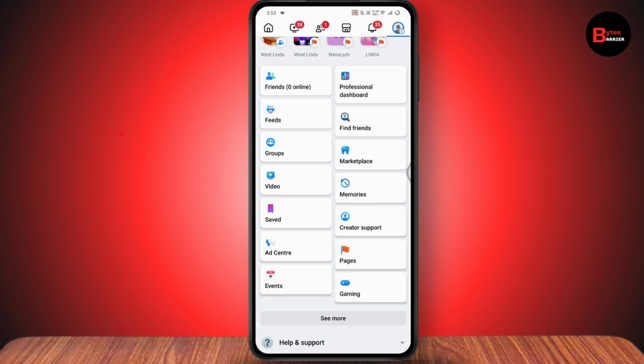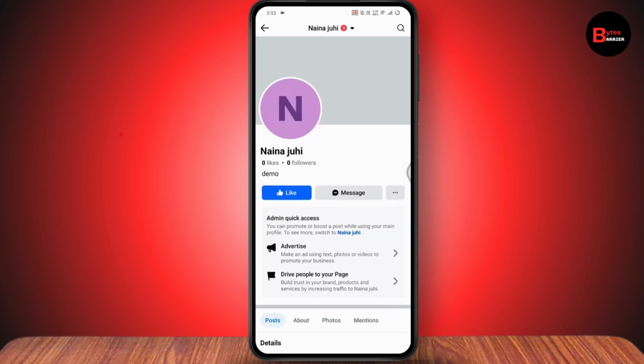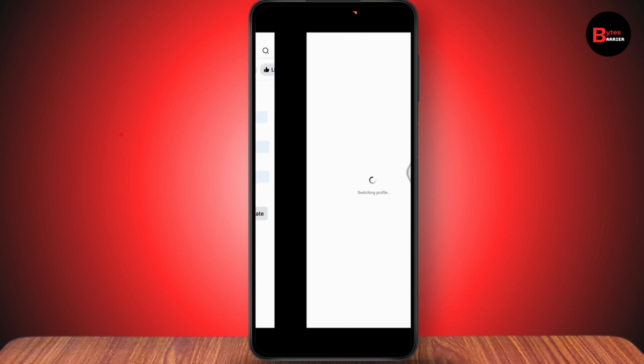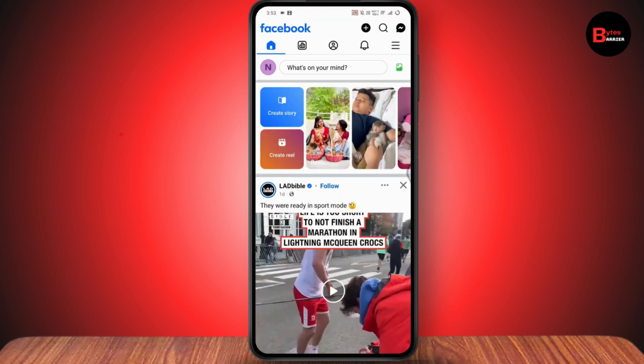Go with the pages option. Once you tap on pages, you will have all of the pages that you've created. So you just need to simply go and log into any page that you would like to delete. Once you're under the page, now you just need to simply tap on switch now and it will switch to your page. And once you've switched to your page, now you need to go with the upper right, which has